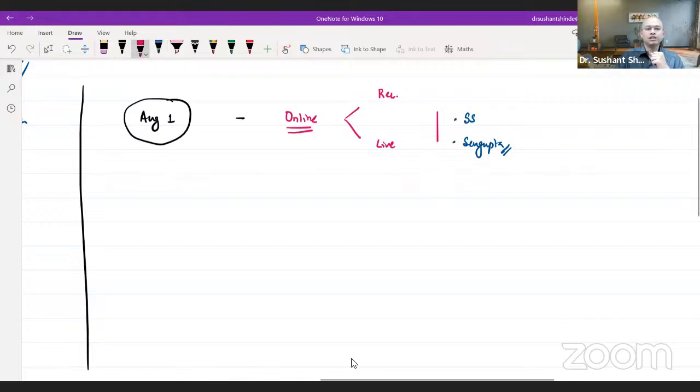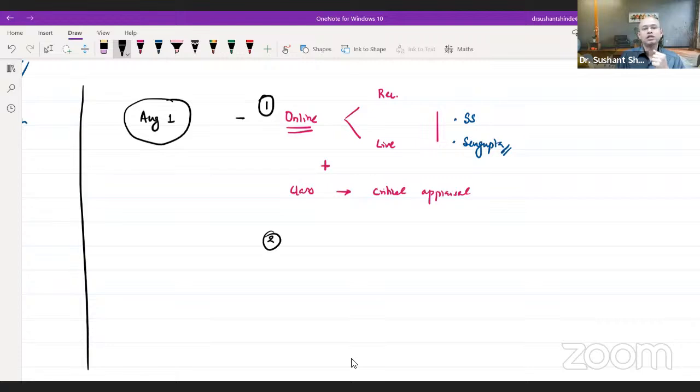So there will be online sessions. Along with the online sessions, there will be classroom sessions. These classroom sessions, of course, are going to be live, and the classroom session will come towards the end, where we will be looking at critical appraisal, which means we'll be seeing how to break down a paper which has already been published and understand whether the work that has been done is correctly done or not. This is one large part of what I plan to do.